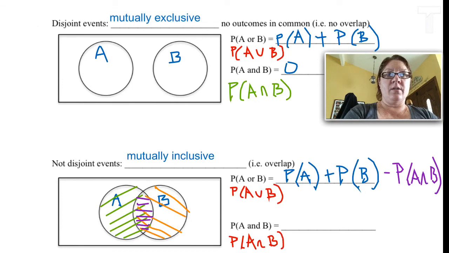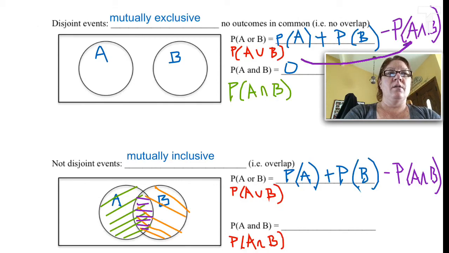And so just to make sure that you realize that it is consistent for the mutually exclusive, I am in fact subtracting the overlap up here, but when I look at the picture, because they're disjoint, there is no overlap. As a matter of fact, that overlap